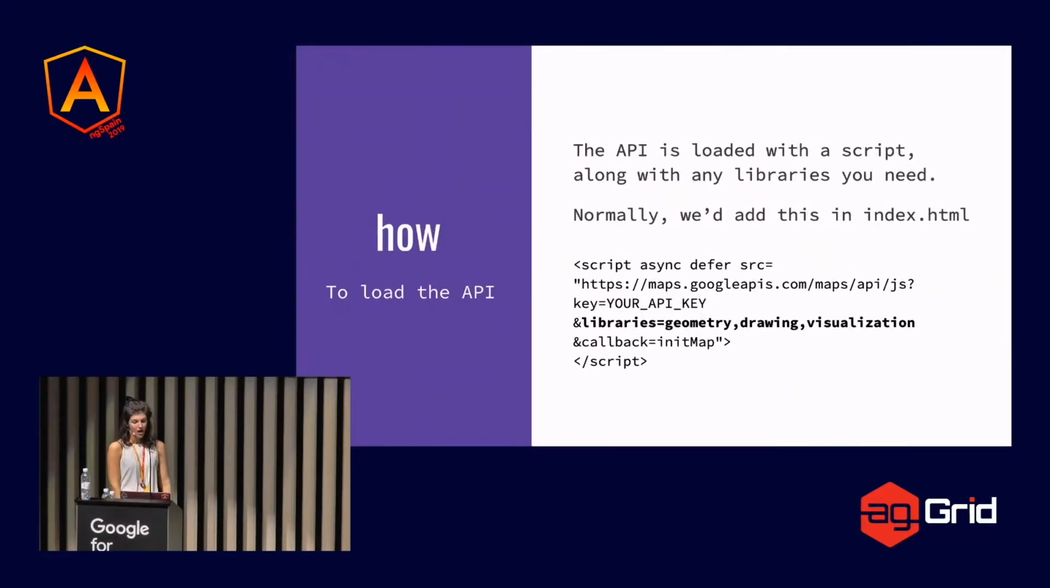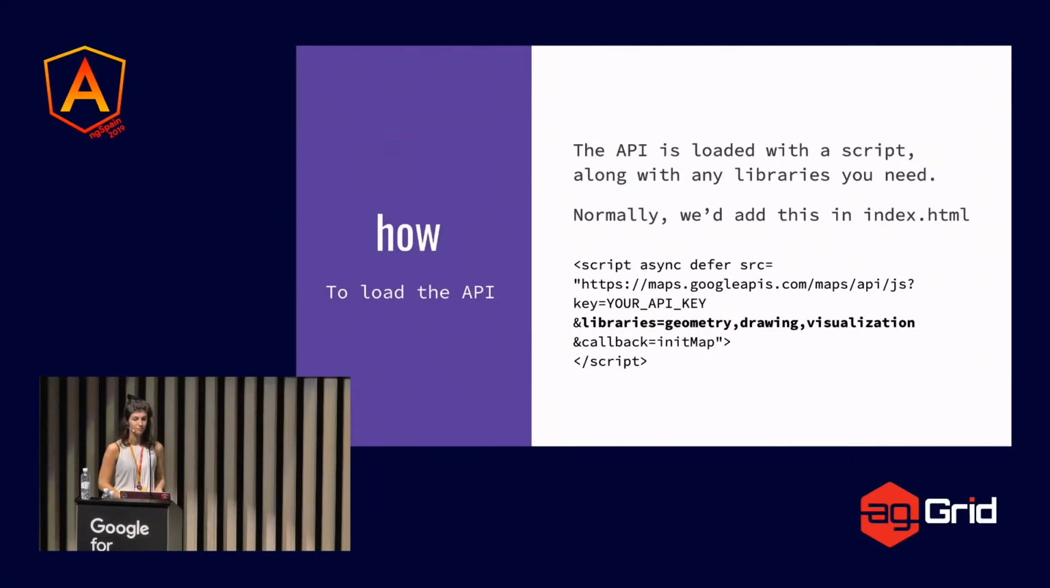So, how do you load the API? Of course, the API is loaded with a script, along with any libraries you need. There's not a package that you can install, it's just a script. Normally, you just add the script in your index.html. And as you can see, if you want to add geometry, drawing, visualization, any libraries, you just add them as